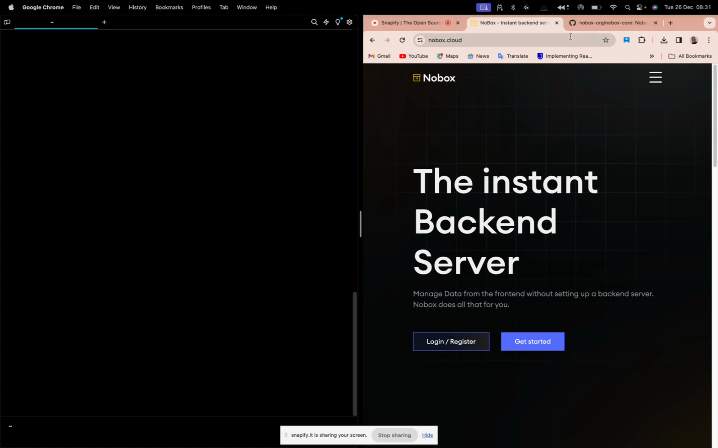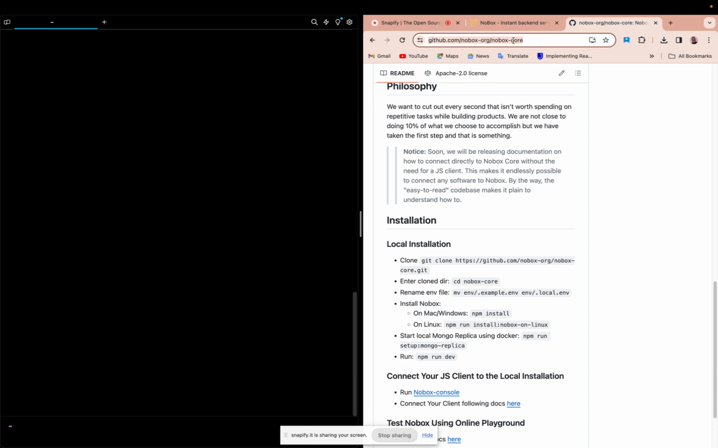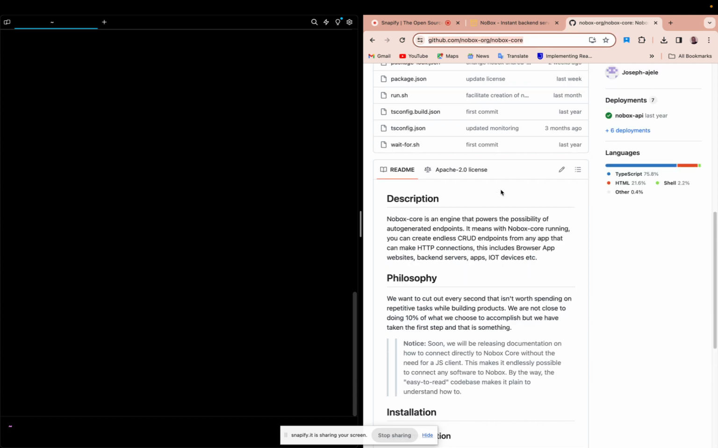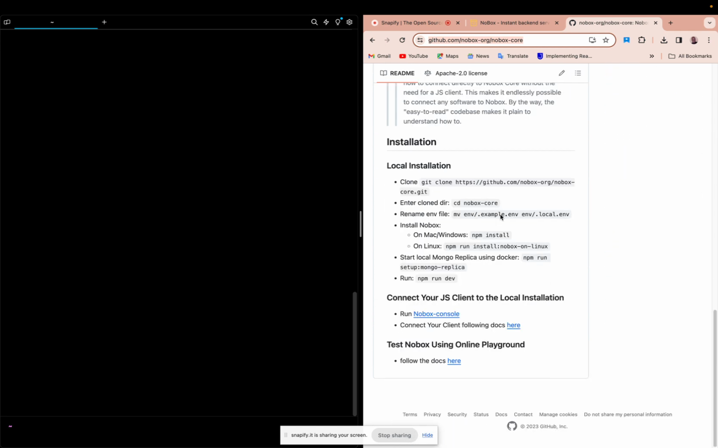So to install Nobox, you want to go to the GitHub page, which is right here. And sorry for the split screen. I guess it makes it easy, actually, I think. So we go to the local installation right here,